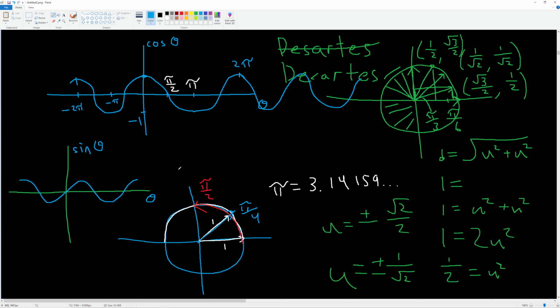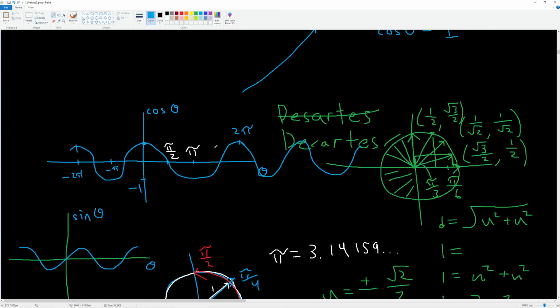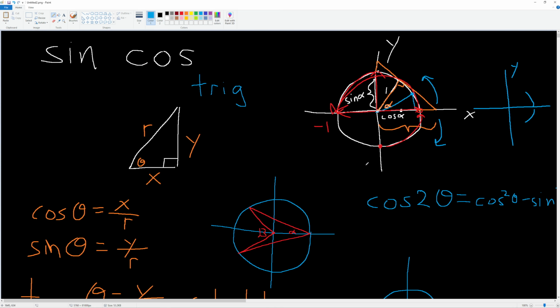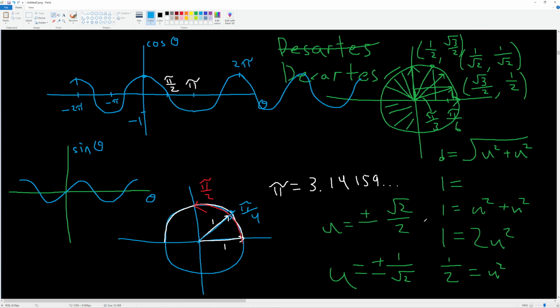Again, think back to those shadows or projections and work out the logic. You might want to go through this whole thing and check each position on here. You don't need to do pi over 3 and pi over 6, but all of the 45-degree angles, check them mentally in your head. So be able to recall the unit circle and these numbers from memory, and also be able to graph cosine and sine of theta. And if the information I've given you here today is not enough, there are plenty of